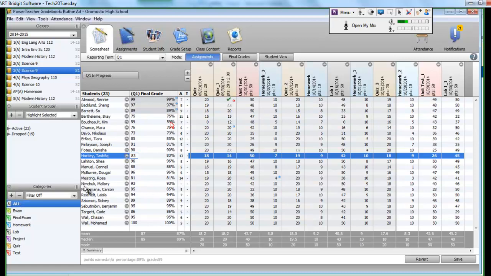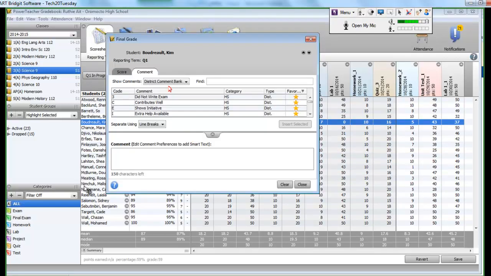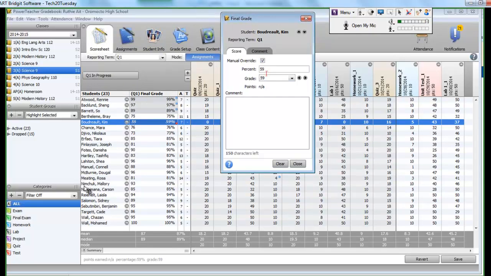And this is important too because you'll notice that these columns for Q1 match. Okay, so I've got 76 and 76 and 59 and 59, but maybe in my school it's a policy that I can't give a 59, it either has to be a 55 or a 60 or something like that. So this student actually has a 59, but I want that to show as a 60 on the report card. So again, I'll click on that. I'll right click, show score inspector, click on the score tab, and I am manually going to override the grade column, not the percent,